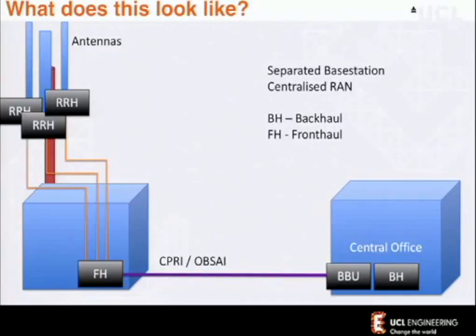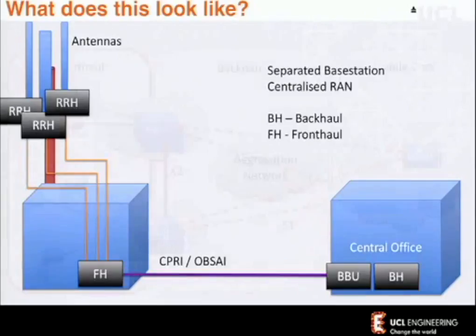So this model doesn't seem to differ too much from the one I started with about the analog model. But there is a key difference here. The way this is typically being implemented, even for the remote radio heads, but certainly the early Cloud RAN trials that a few operators have been doing, is that this interface is digital. So it generally uses a CPRI standard. There are two other standards, but very, very rarely used so far, to actually transport this as a digital link.